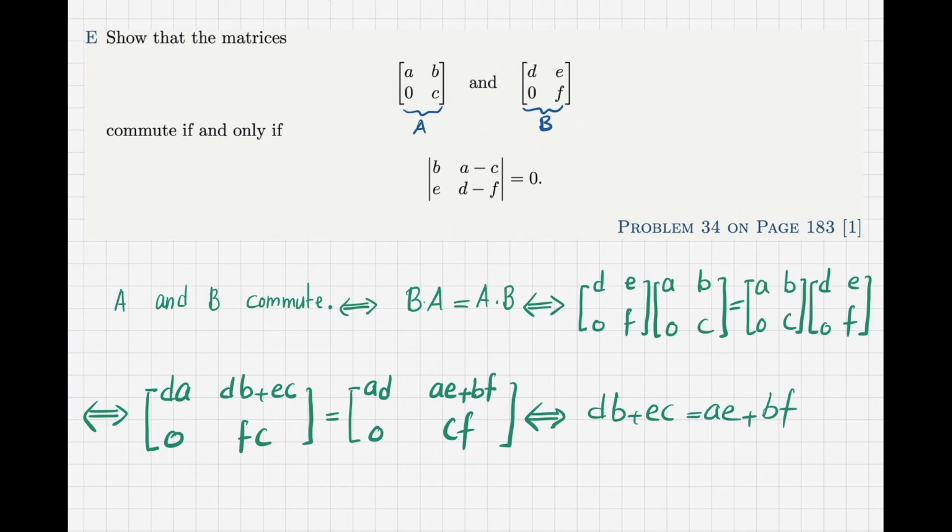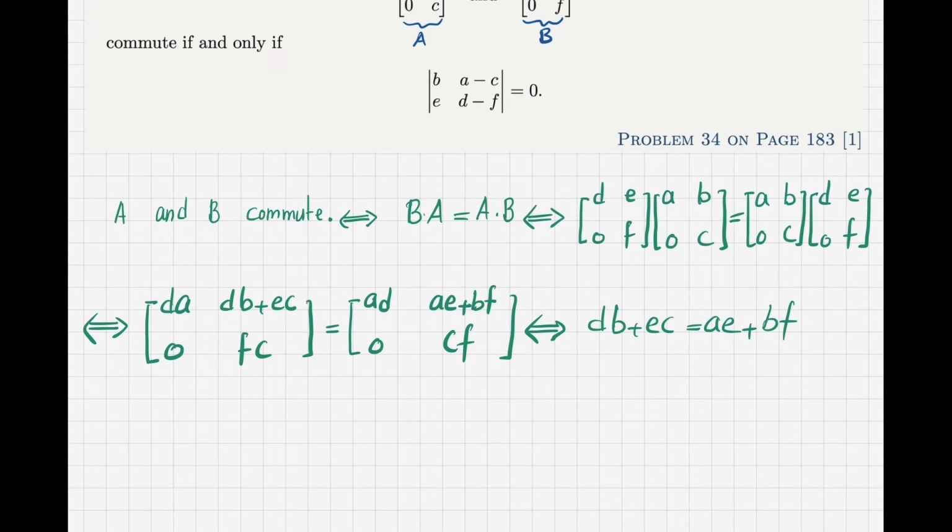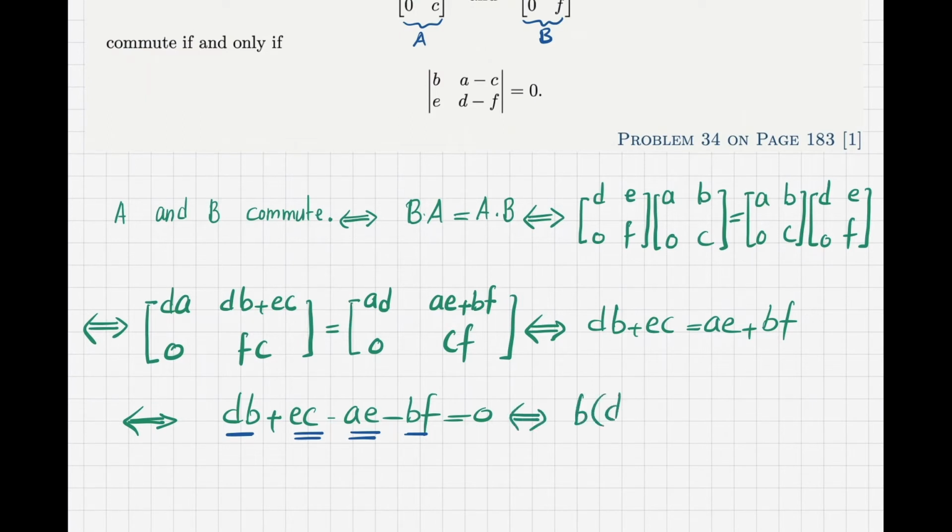Yes. And now I can move everything to the left hand side. So this itself is equivalent to saying that DB minus, so let me write EC minus AE minus BF is equal to 0. Then I can take this one with that one to factor B out, and I can take these two to factor E out. Yes, so what happens? This is also equivalent to saying that B times D minus F, and then on the other one I have